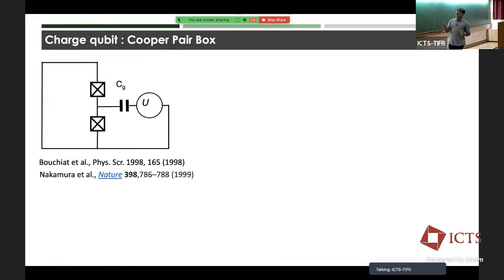That's the regime in which this so-called charge qubit or Cooper pair box operates. And this was experiments done in the late 90s in France and also in Japan. So in these kind of qubits, this point here, this intersection of the Josephson junction and this capacitor, the capacitor is basically just a gap, right, between these two